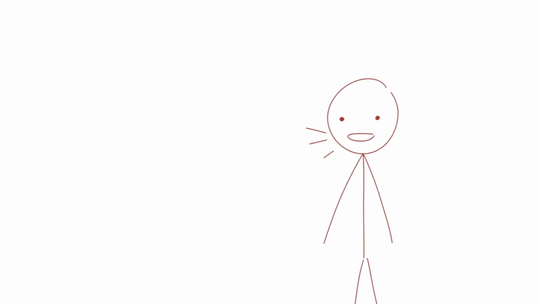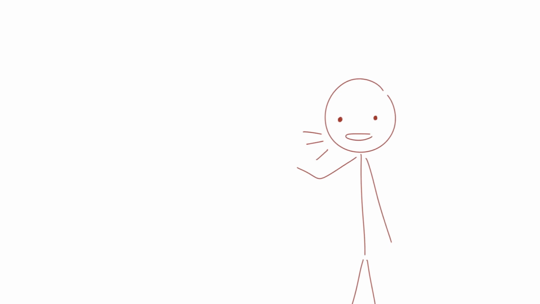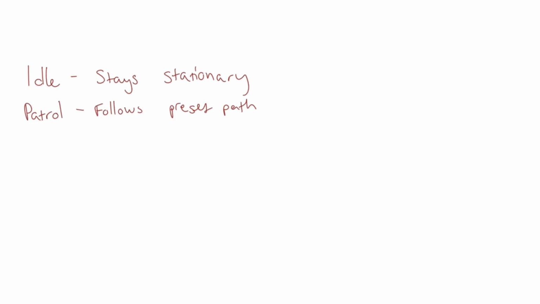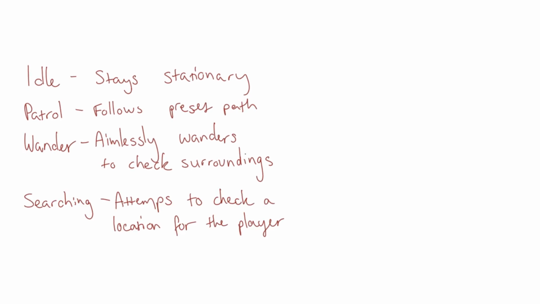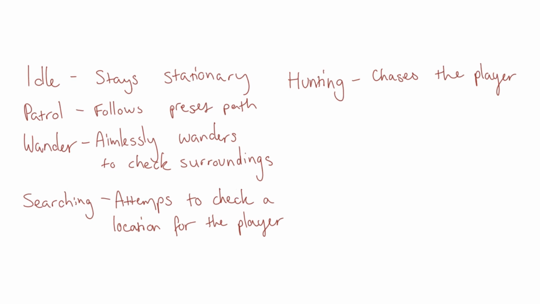But I already had a general expectation on what they tend to do. Based on this, I set up an enumerator of enemy states that I can use to identify what an enemy's objective is at any given time. These states are idling, where an AI stands stationary, patrolling, where an AI adheres to a preset path, wandering, where the AI will randomly check points around themselves, searching, where the enemy travels to a specific point, generally when alerted to a gunshot or loud noise, hunting, when the enemy has located the player and is actively pursuing them,